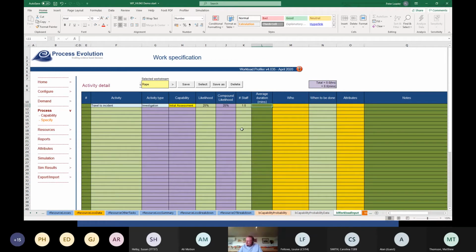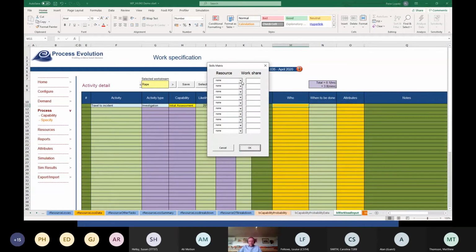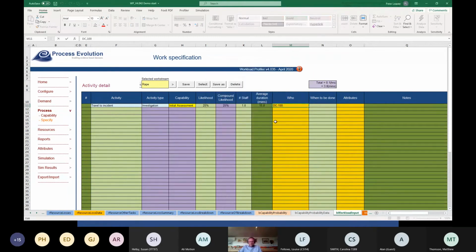One person does it. I think in my model, I've got 15 minutes allowed for traveling, and I then specify who it is that does that work. So in this case, it's the detective constable. They do 100% of that activity, and so it's built up a little expression there. It can be done at any time, and I'm not going to put any attributes against this. Once I've travelled there, my next step is to attend the incident. Again, that's going to be part of investigation. It's part of initial assessment,